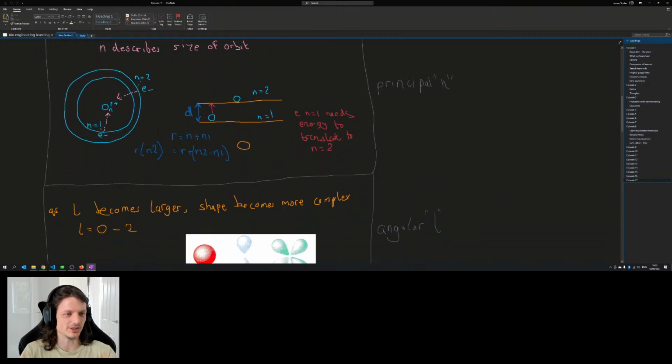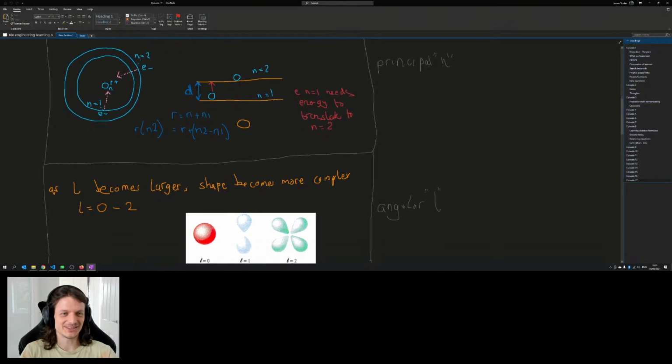I don't really remember doing this, but let's see. n equals 2, n equals 1. So I guess this is the shells, and then we're saying that the negative electron is going to move towards the proton. This is exactly what we're doing. Doing some kind of assessment of that.